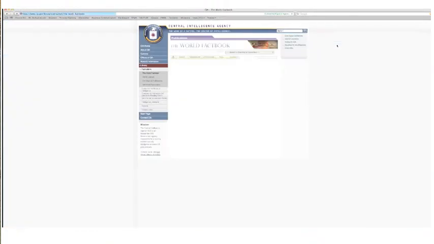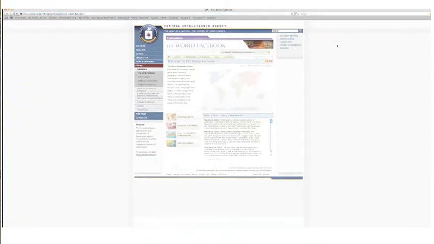A few things that I would like to show you, sites that you may not be familiar with that might be useful in some of the research you're doing for this class and other classes, and just a very few sites that have a lot on them. I would recommend, if you're ever doing research about a country, any country in the world, you go to the CIA's page. The government maintains a lot of very good websites, a lot of very good information.